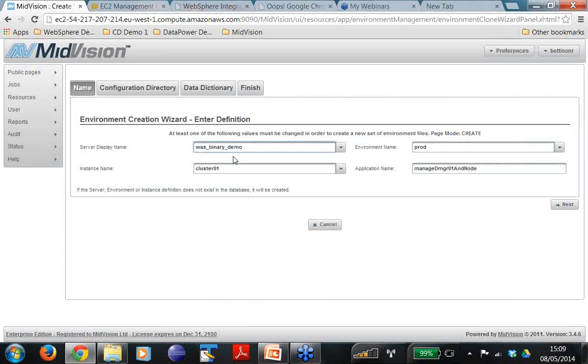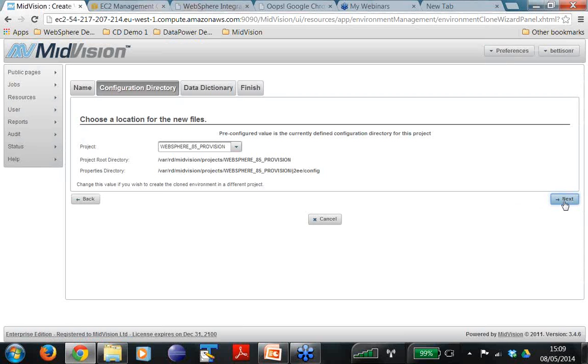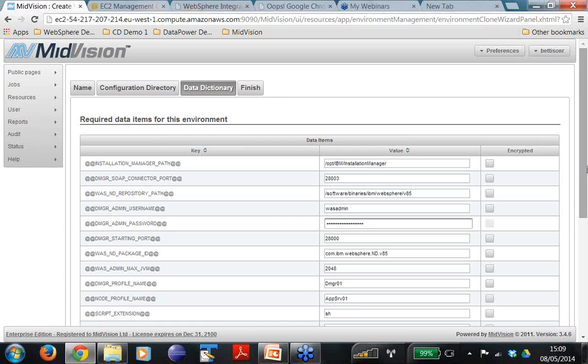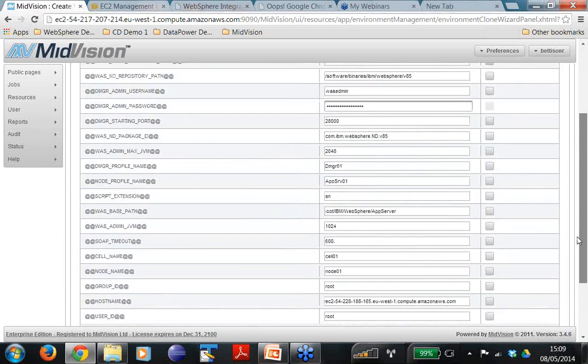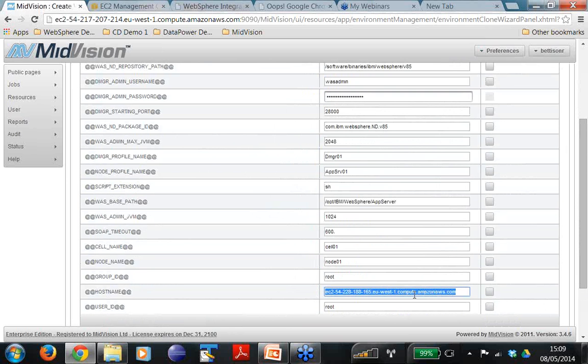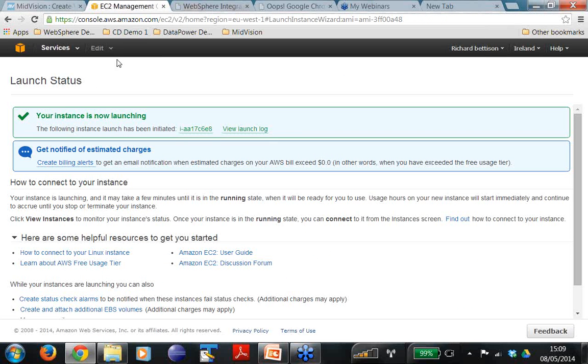So the server I'm going to use is WAS binary demo. And that's just defining the connection that we're going to make to that server, and I will show you that in a moment. The other values I can just fill in. Now I'm going to clone this environment. But one thing I'm going to have to change is the host name of the target that we're connecting to. So if we go back into EC2,